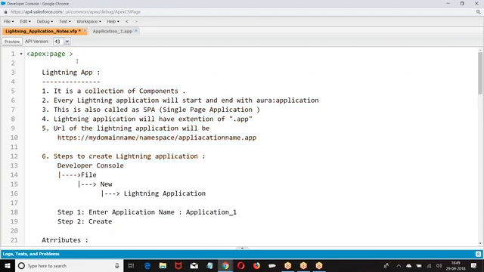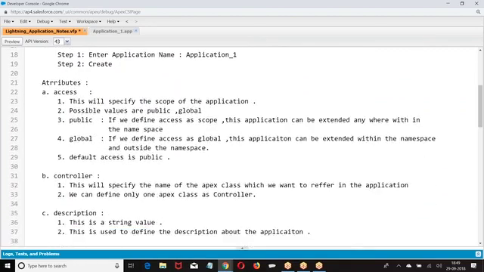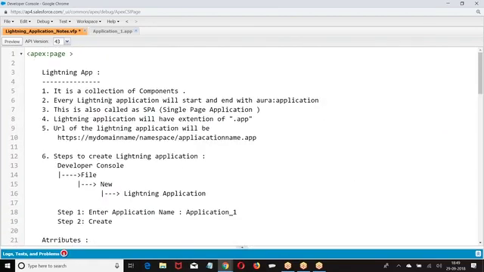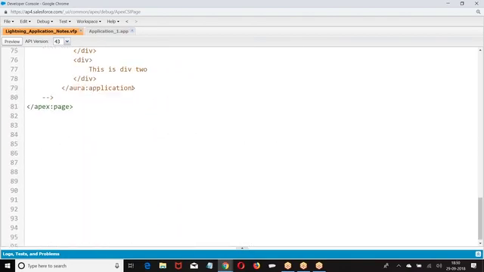Where did I use Jira colon application? Somewhere. Basically, this is the issue. Okay. Now, this is the basic first component what we have created.